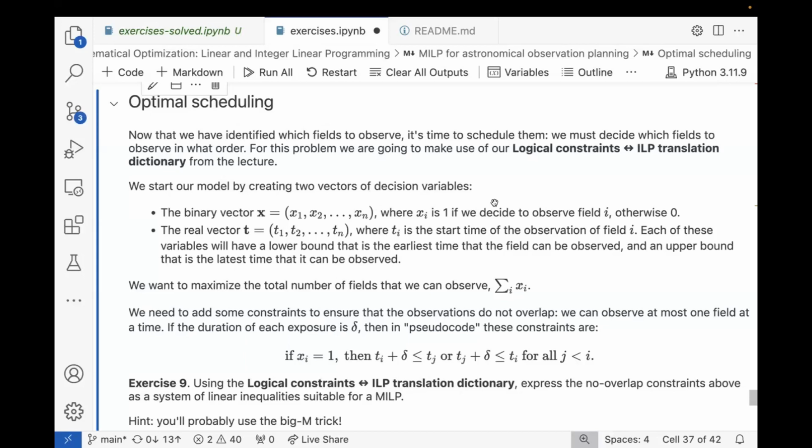So in pseudocode, if x sub i is 1, if we decide to observe that field, then either the start time of observation i plus the exposure time delta must be less than or equal to the start time of observation j, or the start time of observation j plus delta must be less than or equal to t i, for all j not equal to i. So what this is saying is